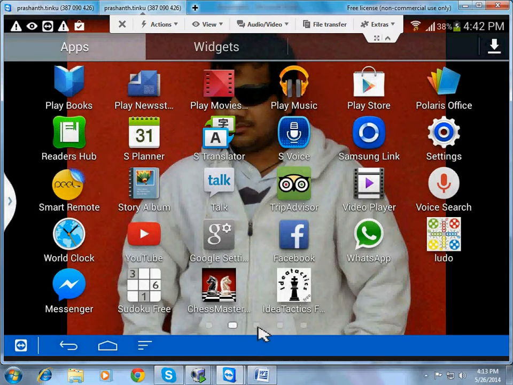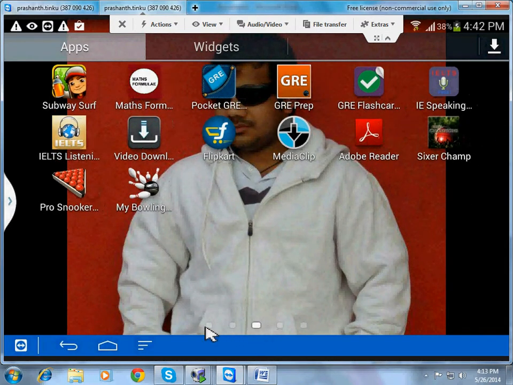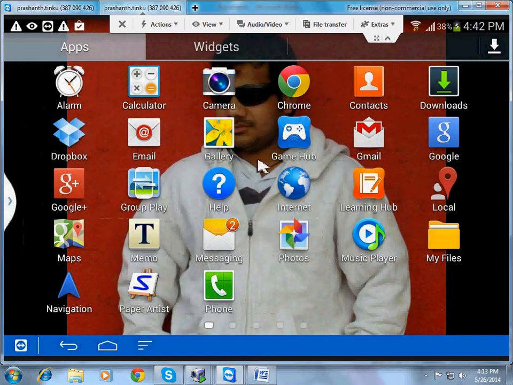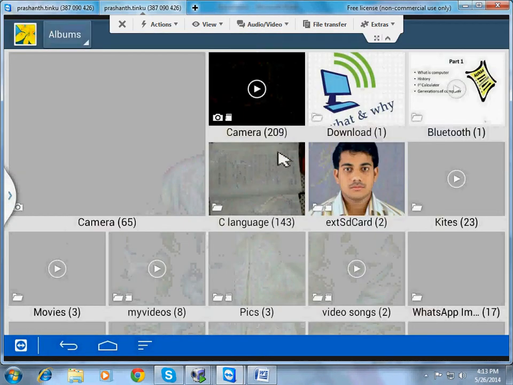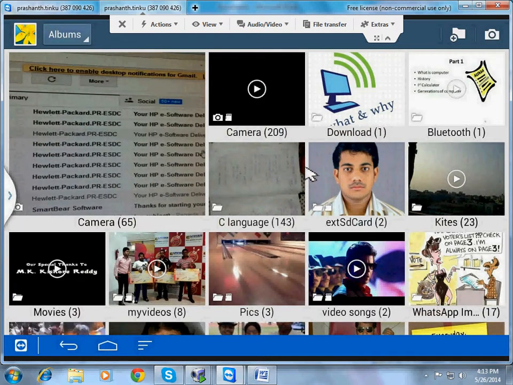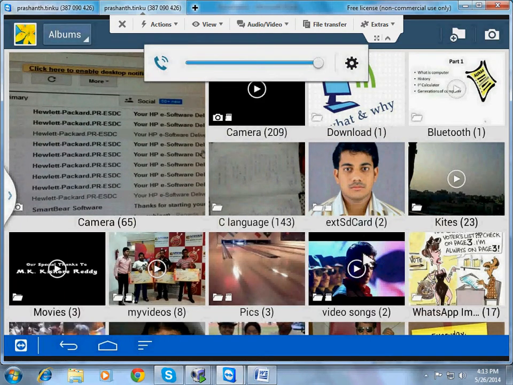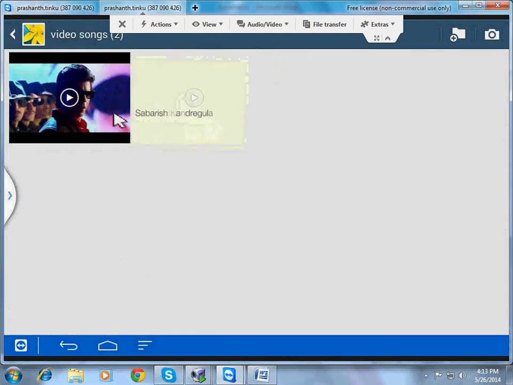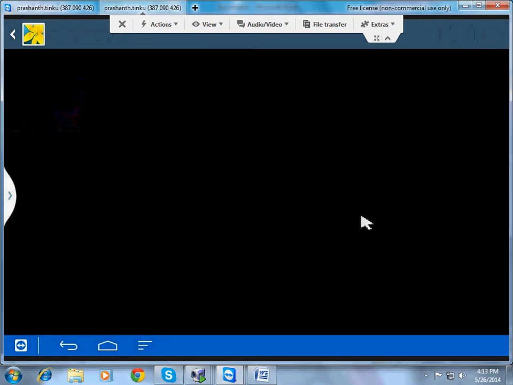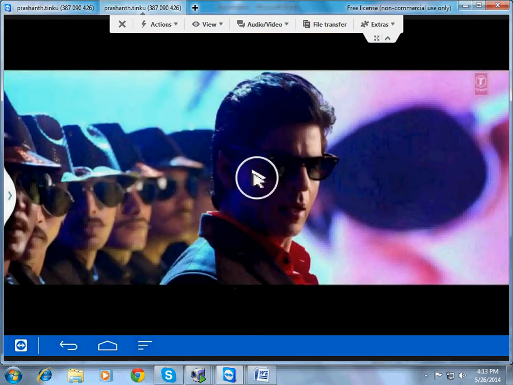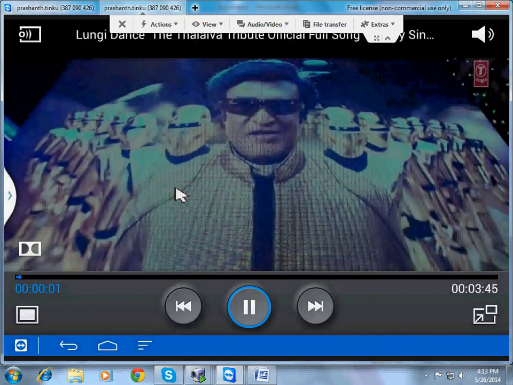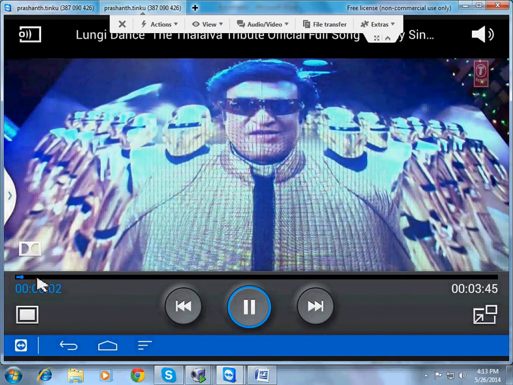Connect your Android to the speakers, display it on your screen, increase the volume, and play it. Everyone can watch on the big screen, and it will be of the same quality.